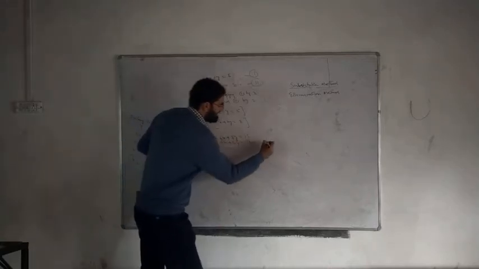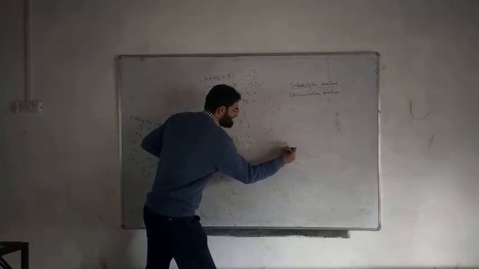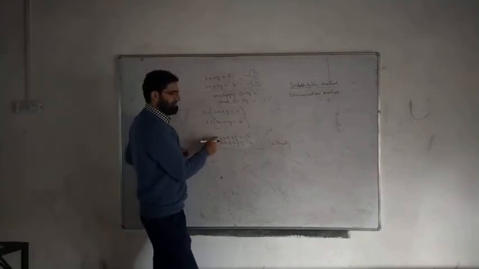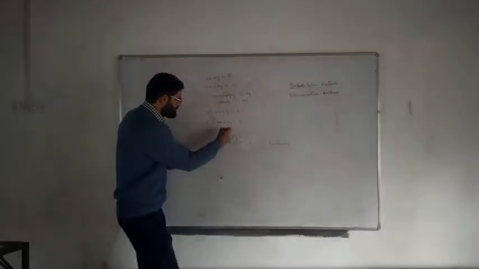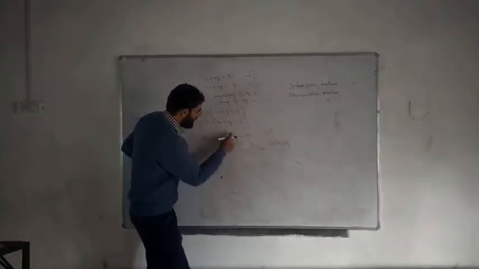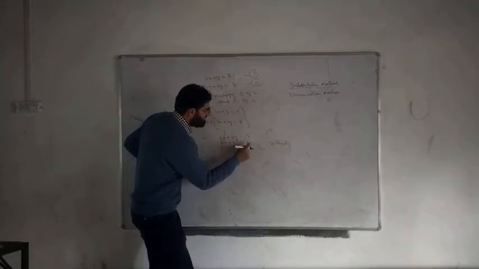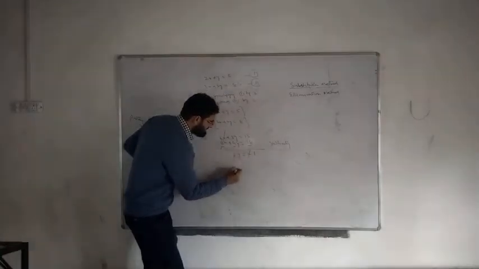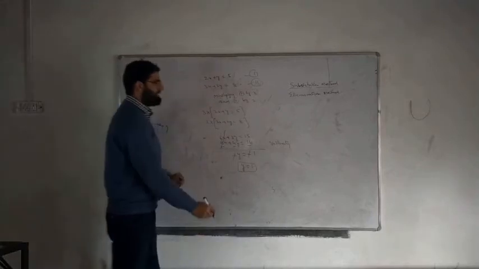Now again subtracting. This is a very important step. Subtracting means we are subtracting the second equation from the first. Obviously the signs will change for the second equation. So 6x and 6x will go. 3y minus 4y is minus y is equal to 15 minus 16, that is minus 1. Minus and minus will go. y is equal to 1. This is the value of one of the variables.